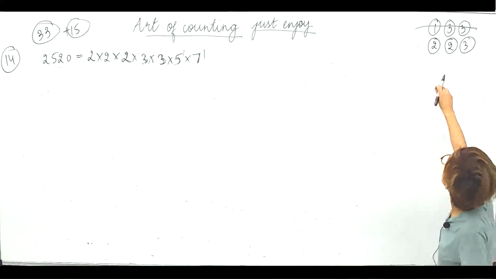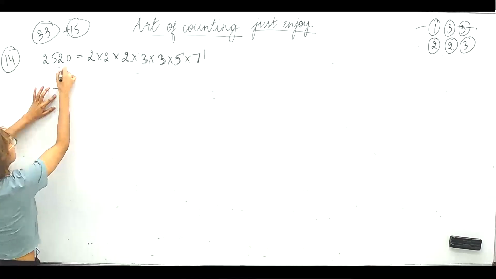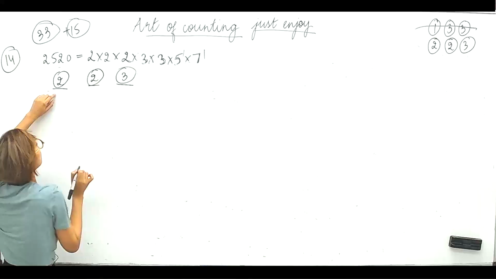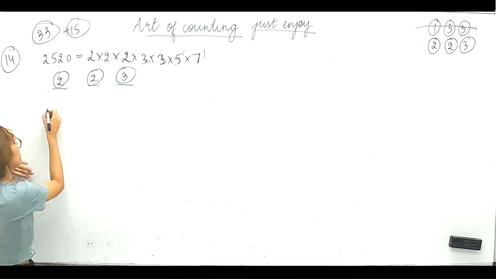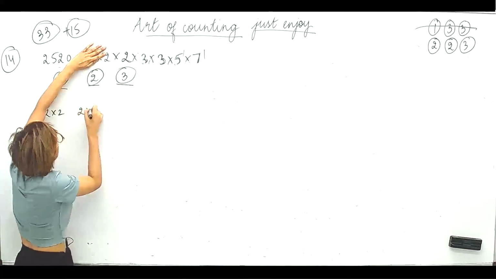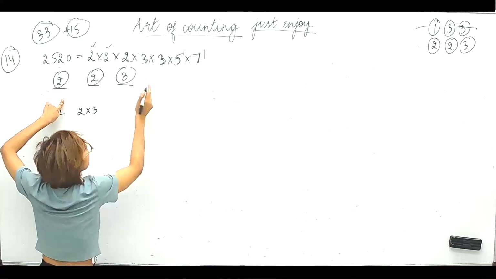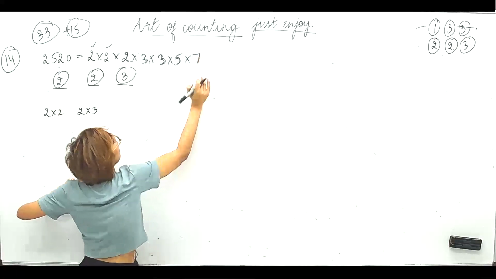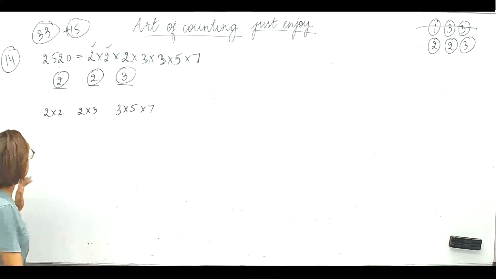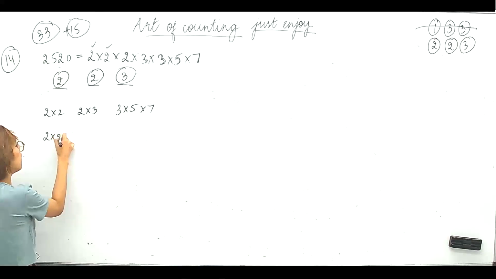Right. So I have 2, 2, 3 now. Okay. So in the first group 2, second 2, and third 3. So यहाँ पे 2 डालना है, so 2 into 2. Let's start with that. Right. Then 2 into 3. Right. So I'll mark this. So 2 into 3. I'm left with 3 into 5 into 7. So 3 into 5 into 7. Right? Okay. So what? So 2 into 2. Now 2 into 3.